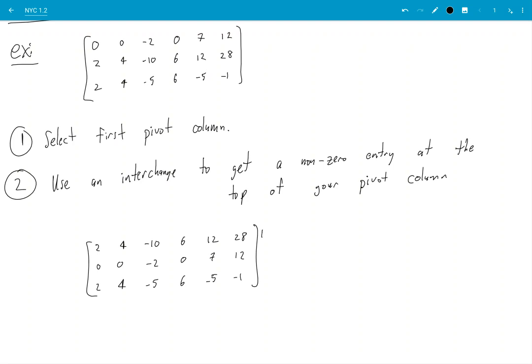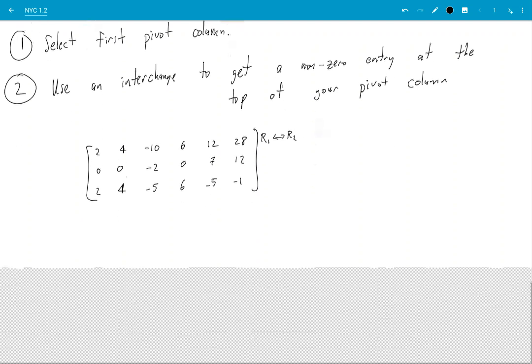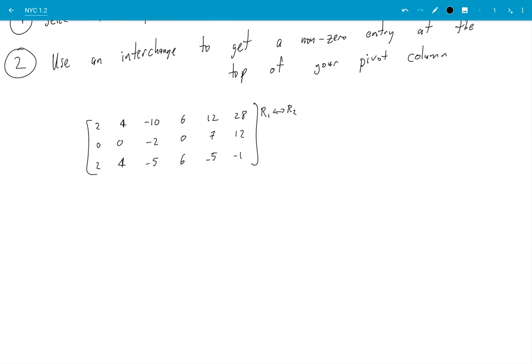I went to row 1, interchange row 2. Okay. So now I want